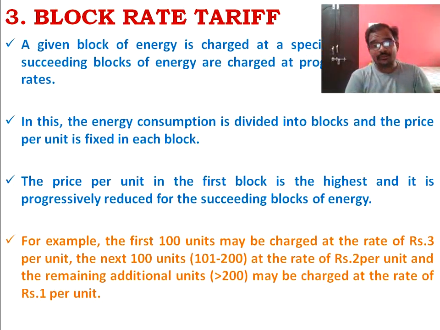And next 300 units more than 200, right? Anything more than 200 will be charged at 1 rupee each. From 300 to 500 I will be having 300 units, and these 300 units will be charged at 1 rupee per unit, so it will be 300. So 300 plus 200 plus 300, which will be 800 rupees. It is my monthly bill according to this block rate tariff.